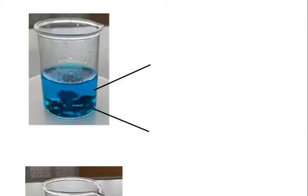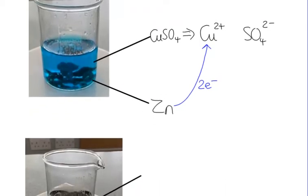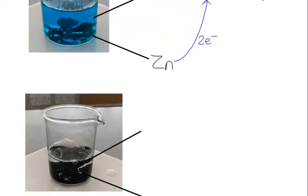So in here we've got our copper sulfate solution. Now we know that it is composed of copper 2+ ions and sulfate ions. And we're not interested in the sulfate ions, they're spectators. And we've got zinc metal. Now we said on the previous page that zinc was losing 2 electrons. So we're moving electrons from here to here. 2 electrons are moving from Zn to Cu2+, so that we're transferring electrons